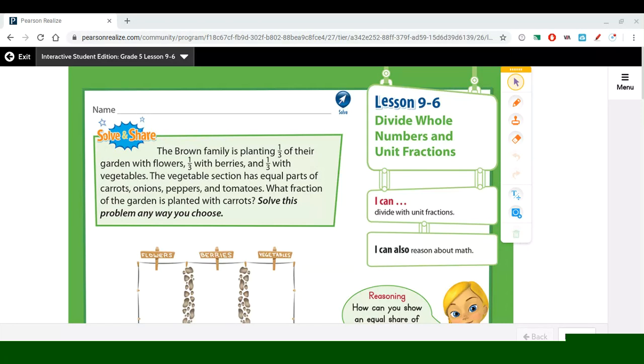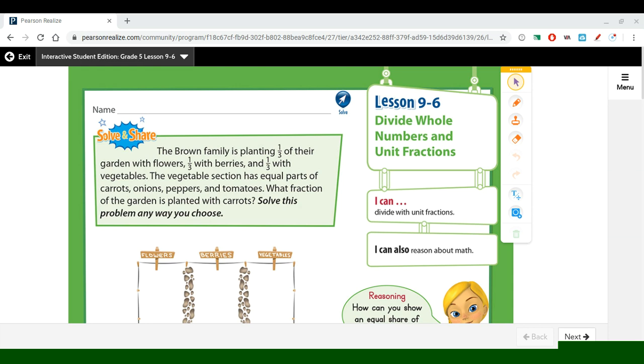Our focus for today is going to be on building fluency with dividing whole numbers and unit fractions. So the learning track is: I can build fluency with the division algorithm by dividing with whole numbers and unit fractions. And so the first problem that we're going to take a look at is our solve and share,